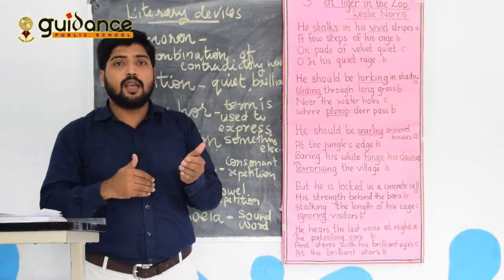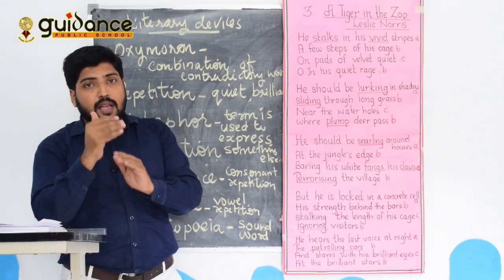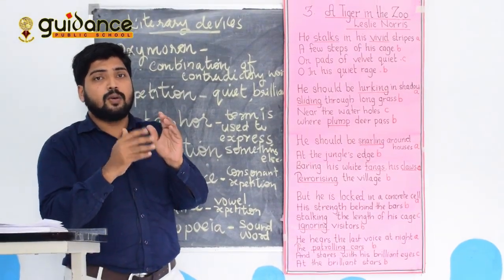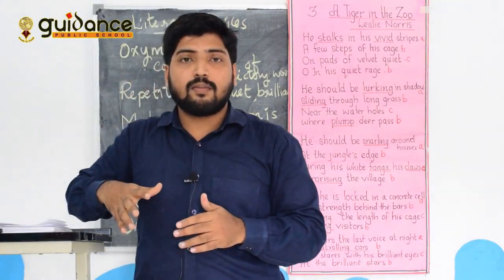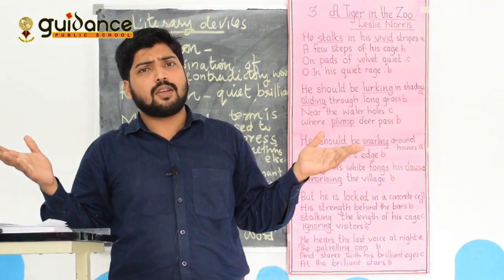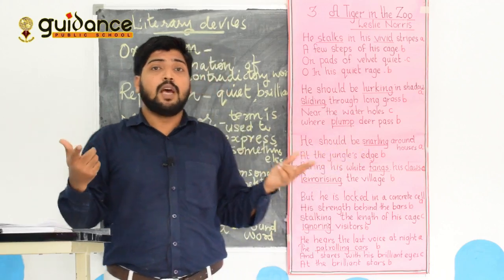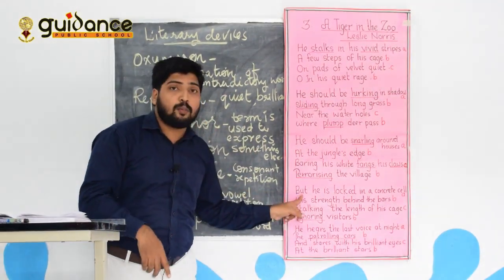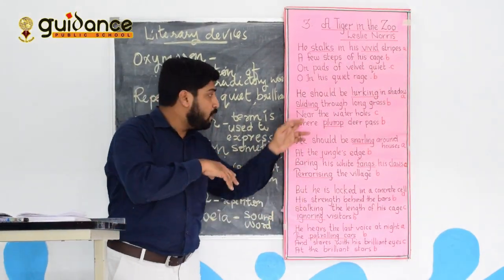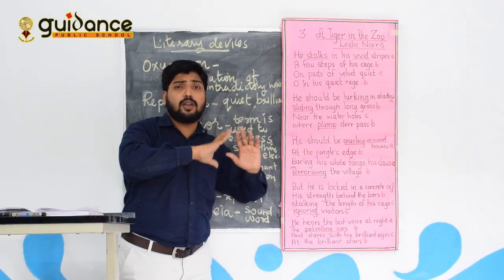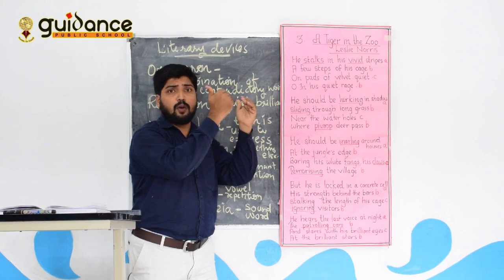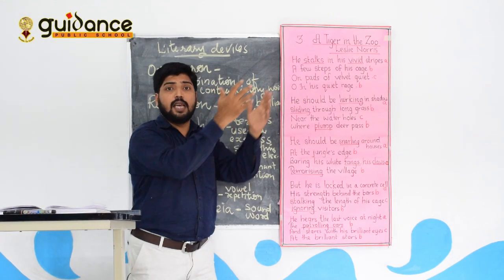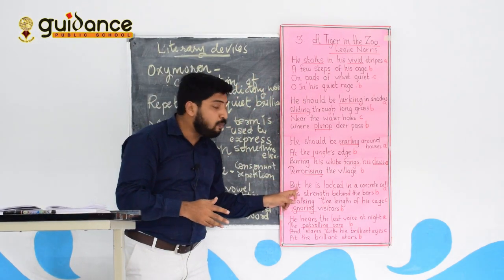Suppose you think you are a human being, whether you would like to be inside the cages. No one likes it, because everyone wants freedom. Like that, the tiger also. But what happens? In the two stanzas, the poet told us how the tiger lives in the jungle. But